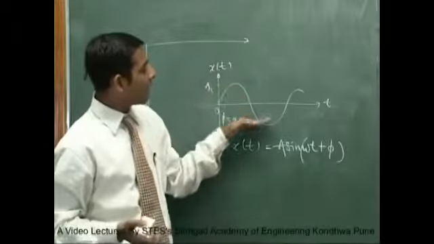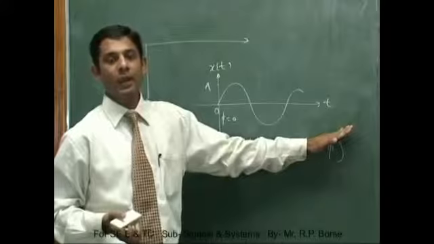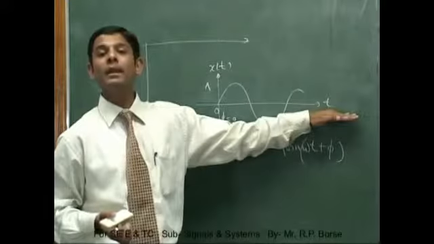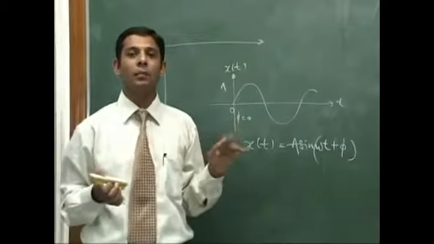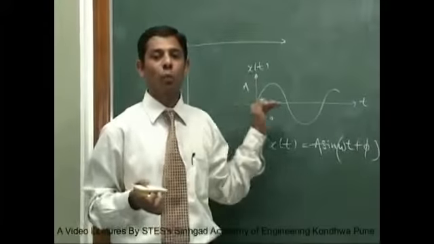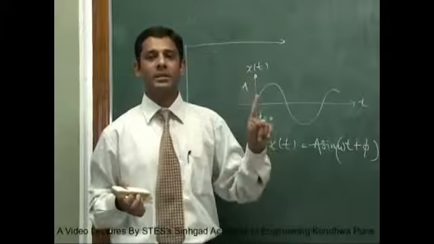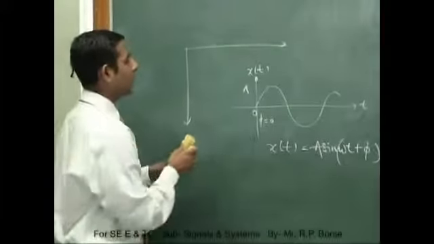But what we see is that amplitude is dependent on time, right? So time is the independent axis. So the number of variables may be 10 in a particular signal, but if the number of independent variables is 1, then we say that it is a one dimensional signal. Same case, if you see here,